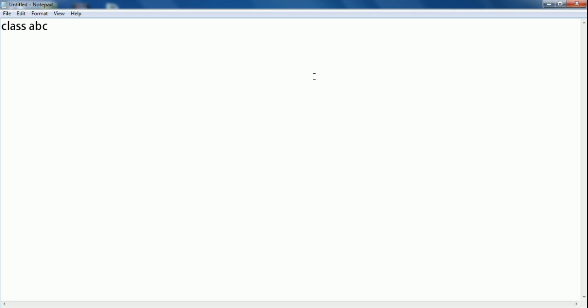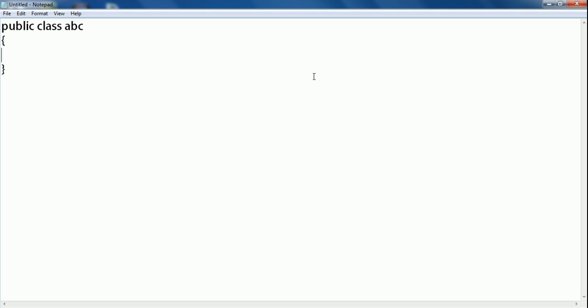We have written here ABC. If you already know any object-oriented programming system, then you will be aware of public, private or protected, and we will see it later in this course also. Here we have to write public class ABC, that is our class name. Now in open and close braces we will make a main function, because in every program we need a main method that starts the execution of the program.